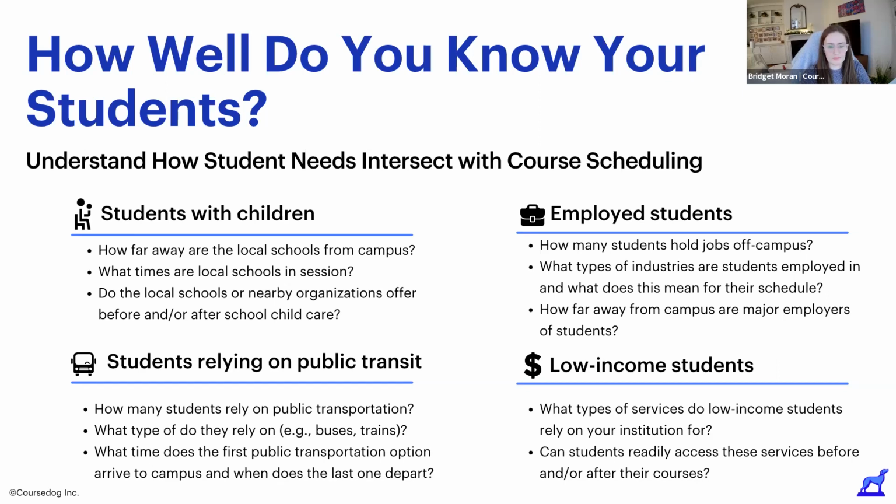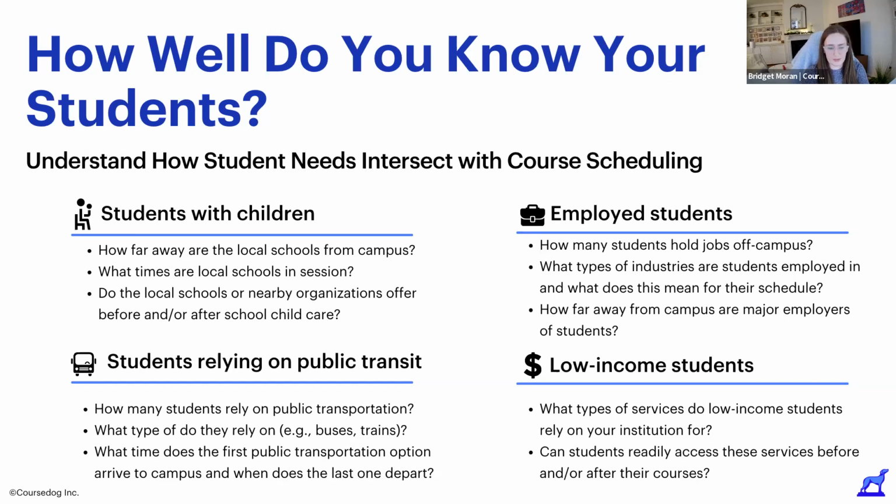So for example, if students commonly work in retail and hospitality, these industries typically need more workers in the afternoons and evenings. Next, how are students that rely on public transportation able to access courses? Do courses begin, say, before the first bus arrives? Or do courses end after the last public transportation option leaves? And say that there is a bus at night, but what if it doesn't arrive frequently? Will those students have a safe place to wait after their course ends?